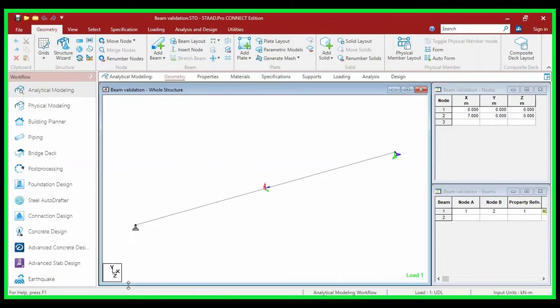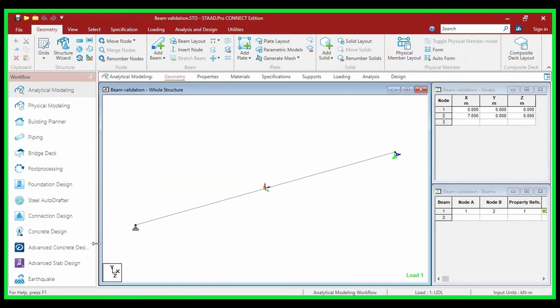I will discuss how to change the vertical axis of GCS, which is nothing but Global Coordinate System, in StaadPro. If you see, by default, Y is always up in StaadPro. If you open any edition, whether it is V8i or the Connect edition, you can see Y is up. And this is what we call the global axis. If you want to know more about local axis and global axis, you can check out our previous video in which I have discussed what local and global axes are. But in this video we will focus on how to change the vertical axis of GCS.